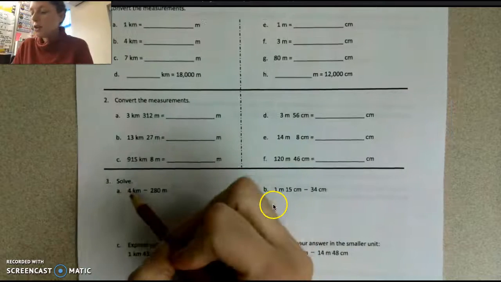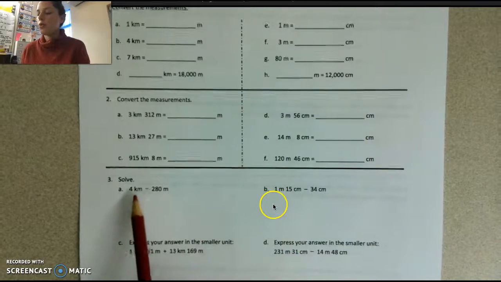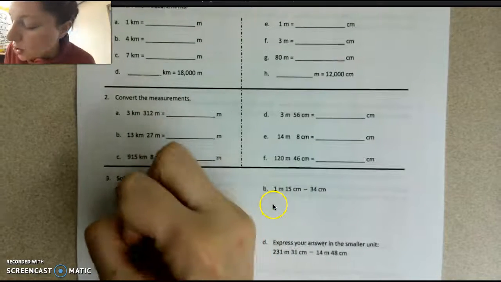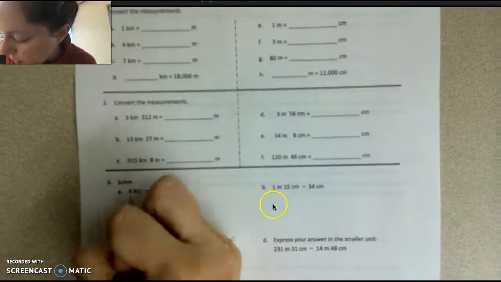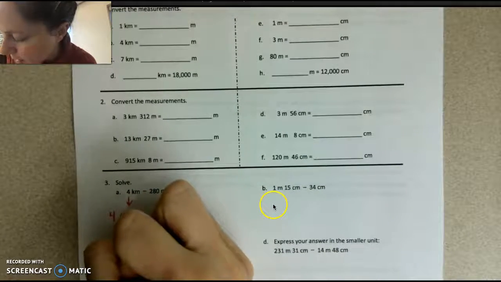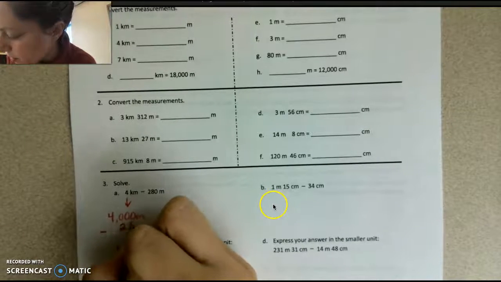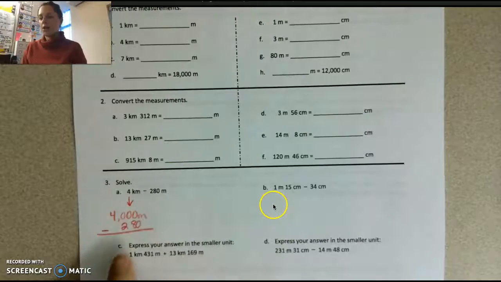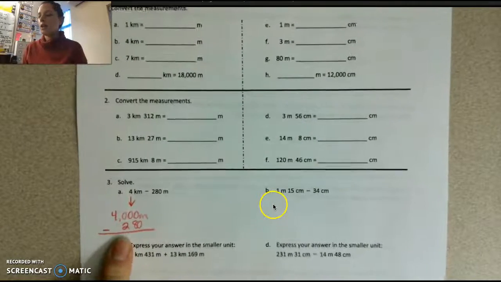All right, so with kilometers, well, I know that 1 kilometer equals 1,000 meters. And so I know that then 4 kilometers would equal 4,000 meters. And then I can see that this is just a basic subtraction problem from here. I would rewrite this so that I could subtract accurately. And then I